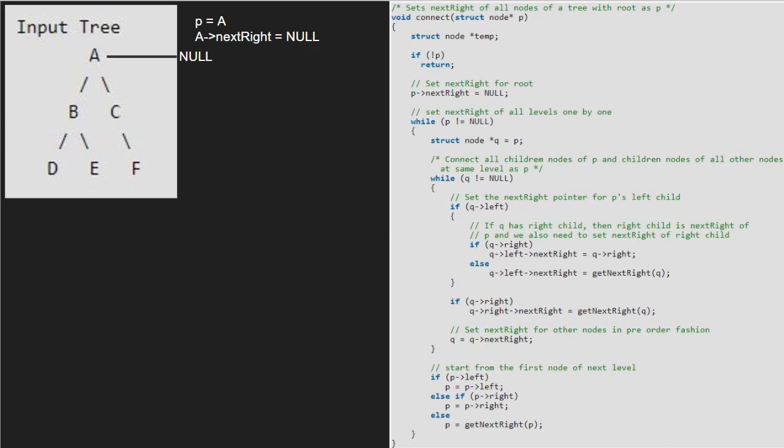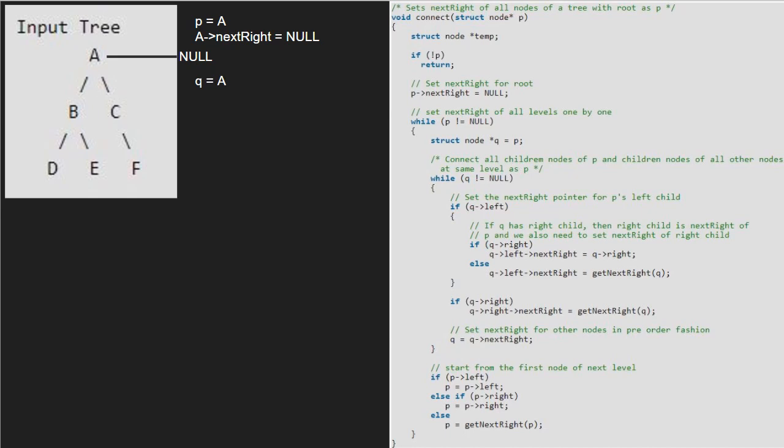Now we set next right of all levels one by one. Since P is not pointing to null, we enter the while loop. Now Q will point to P. Since Q is not null, we enter the inner while loop and check if Q has a left child.